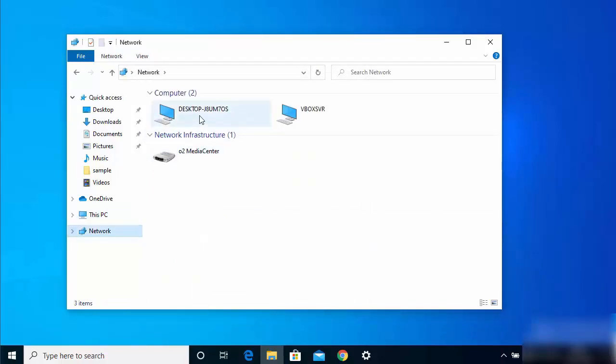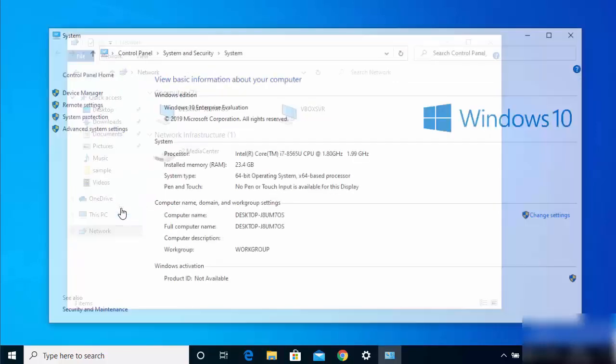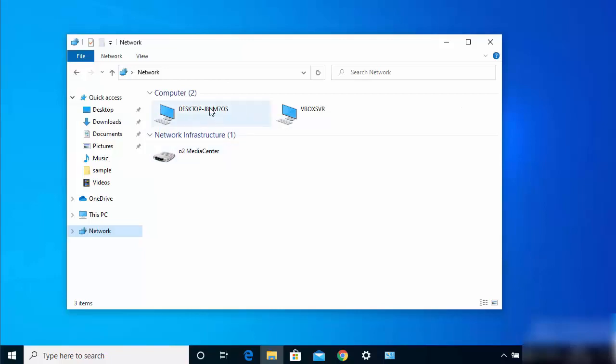And once you do that, you will be able to see under your networks, your desktop PC name. So how you can know that this is your desktop name? In order to know this, you just need to right click on this PC. So just right click on this PC here and then click on the properties, and you will be able to see the computer name here. So once you see this under your network, the work on your first PC is finished